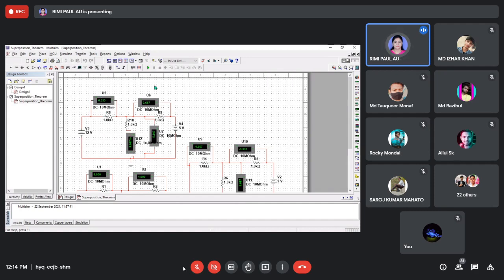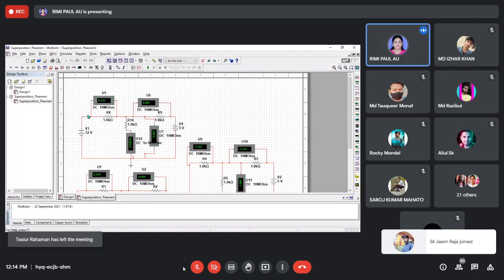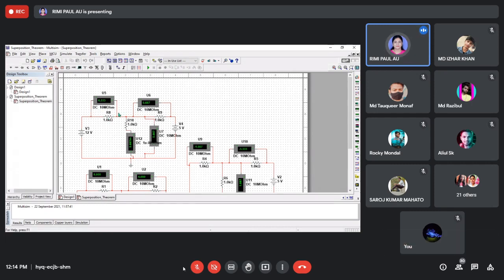There is a voltmeter connected, but in that case you will use a multimeter. And how to use the multimeter: if I want to take the reading, I just put our multimeter red probe here and black probe here, so that I get the voltage. I will show you the multimeter also. So these two multimeter probes you have to put across this resistor, and I get the voltage. Similarly here also and here also. So in all cases I have connected here.